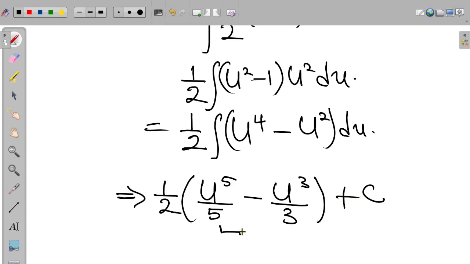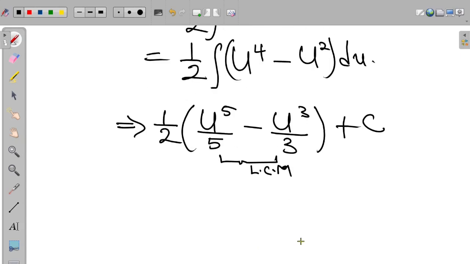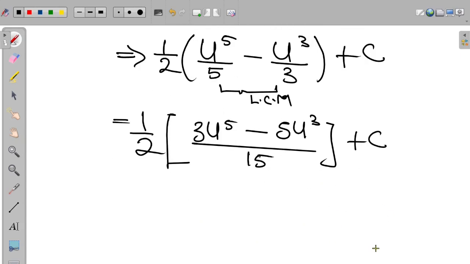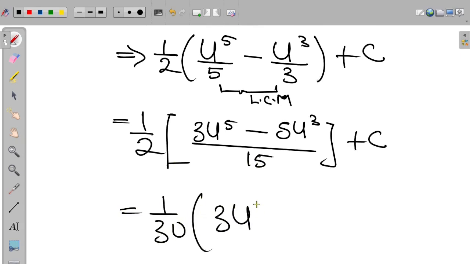Now, if we take LCM here, this becomes 1 divided by 2 multiplied by (3u to the power of 5 minus 5u to the power of 3) divided by 15, plus c. So we can take out the denominator. So 15 times 2 is 30. So we have 1 divided by 30, open bracket 3u to the power of 5 minus 5u to the power of 3